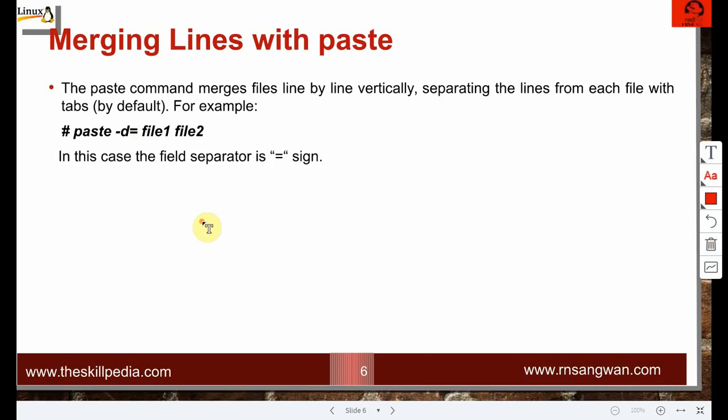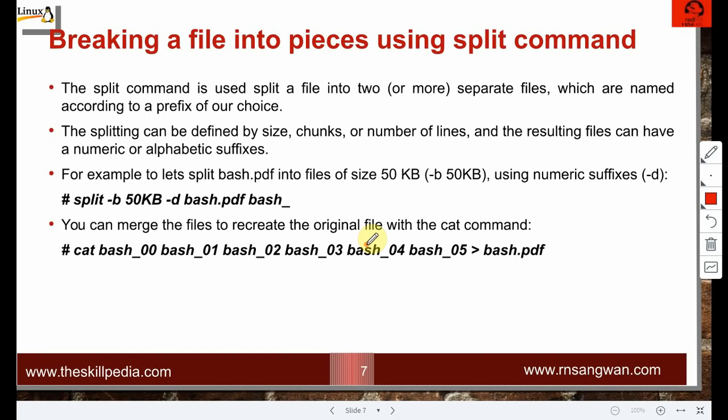So the paste command is vertically joining two files. In this particular case the delimiter is an equal sign. Delimiter means separator; you can give any delimiter to join the content of every column. After that we will understand the cut command and paste command.